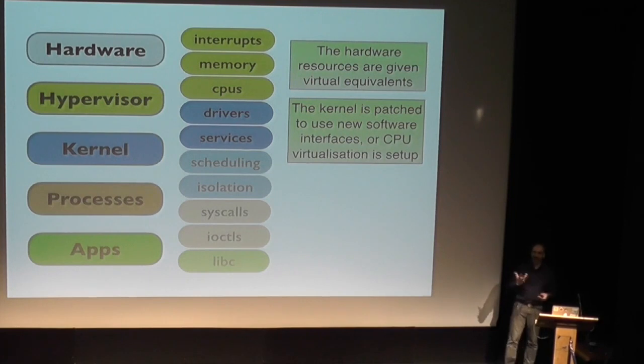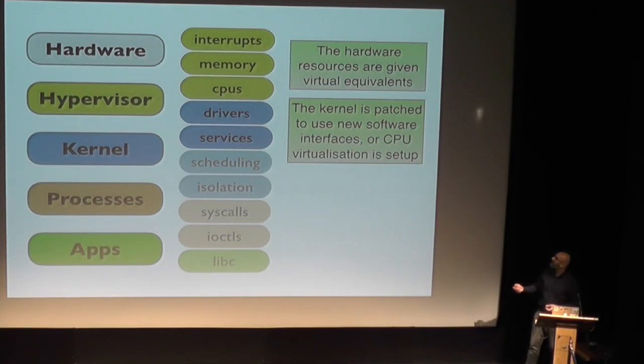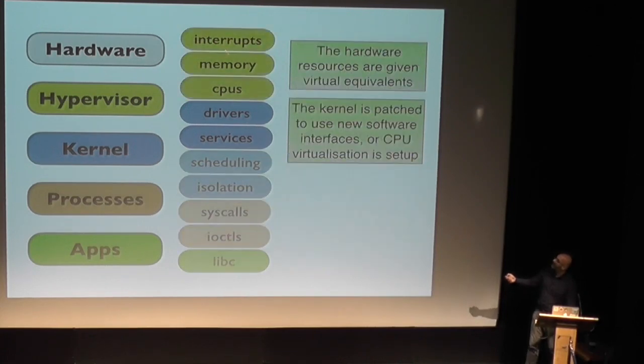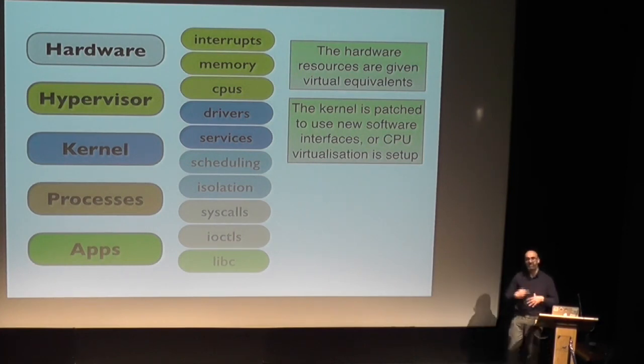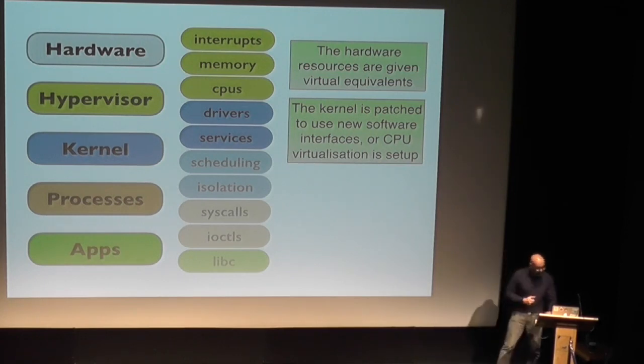Now, the way it works, I'll go into this in more detail in my second lecture, is that the hardware that was formerly running on hardware is now given a virtual equivalent. So the only thing Xen does, it virtualizes the interrupts, which tell you when something happens in the outside world from a device, and then the memory in the computer and the CPUs. It doesn't actually know anything about device drivers and so on. It delegates those to guests that are running and supplying the various abstractions.